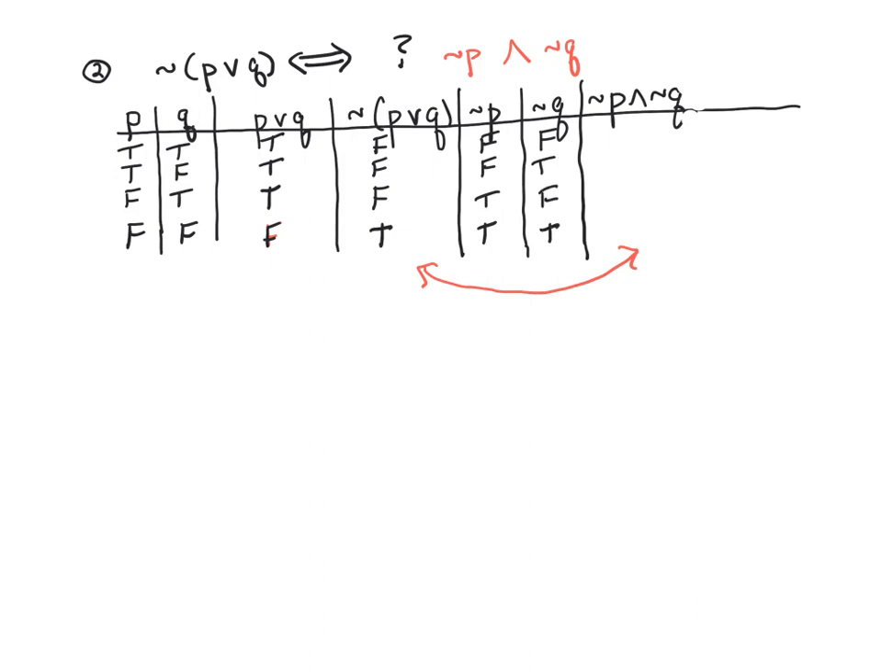And when we form the conjunction of these two, the conjunction's true only when both the conjuncts are true. Otherwise, we have false. And lo and behold, there's a match between this column and that column. So we could say that these are logically equivalent. And hence we just proved that the negation of a disjunction